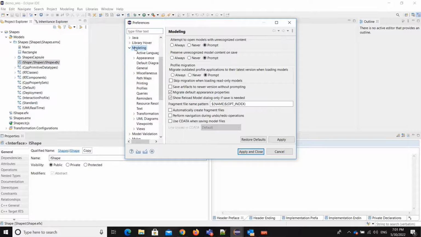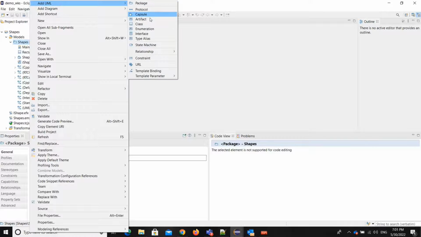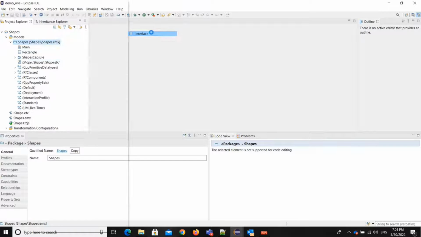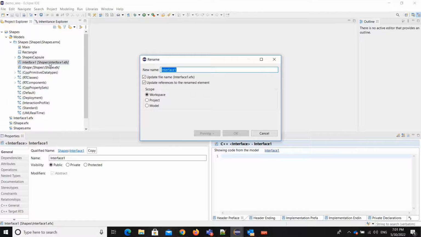In the modeling preferences, you can locate modeling, automatic create fragment files. When you check this, whenever you create a new model element, by default it will be fragmented. Now I'll create one interface. You can see that this new interface, Interface1, is created, and it is fragmented with an Interface1.efx file. Now I'll rename this Interface1 to, say, IColor,